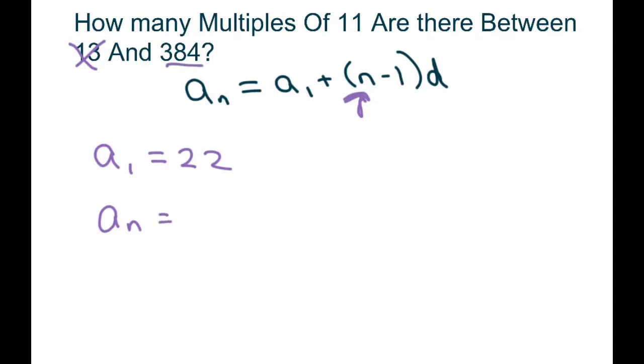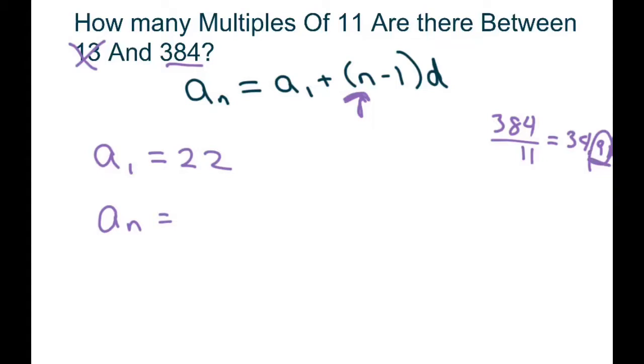So what I did is I divided with my calculator 384 divided by 11, and I got 34. Maybe I should just write it like this: 384 divided by 11, and I got 34.91. So that's not going to work because that's not a multiple. So what I did, since 0.91